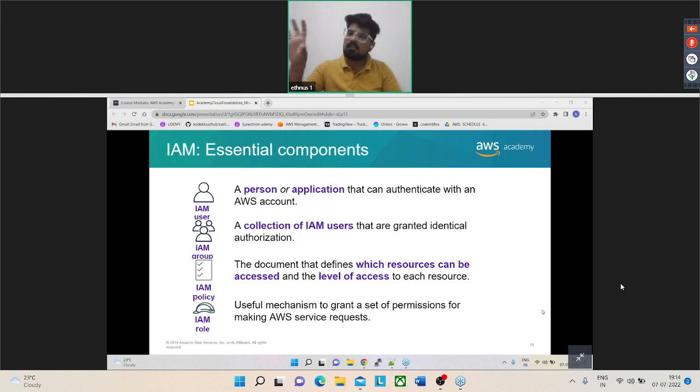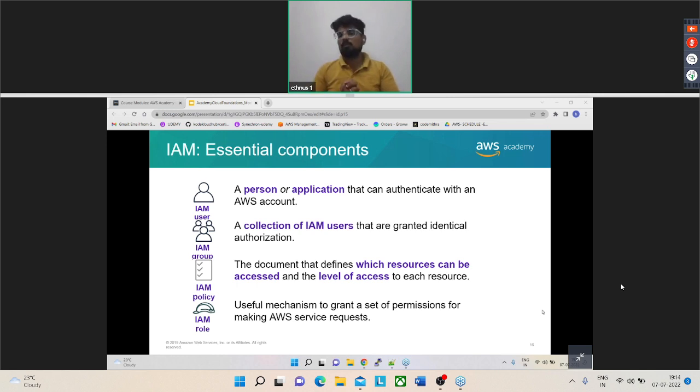Inside the IAM group, we are going to have a collection of IAM users who have identical authorization. Suppose you have created one policy for network engineers, where you want the network services to be accessible to those IAM users. It would be a very tedious and time-consuming task if I attached the policies to each person individually. It will take a lot of time. So to reduce that overhead,